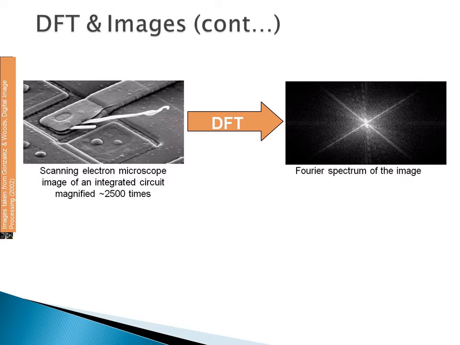Consider the image over here, which is a scanning electron microscope image of an integrated circuit, magnified approximately 2500 times. Aside from the interesting construction of the device itself, we know that there are two principal features: strong edges that run approximately at plus or minus 45 degrees, and two white oxide protrusions resulting from thermally induced failure. There was some error, and this is seen over here. When we are doing the IC chip, some extra things have been added.